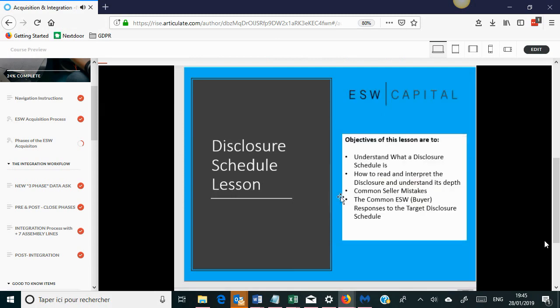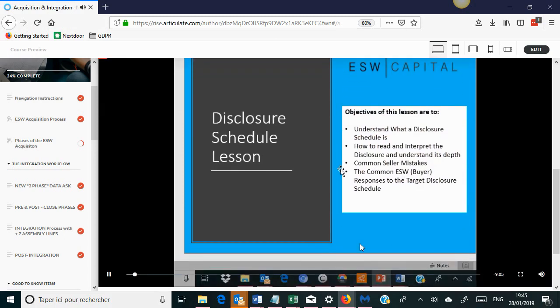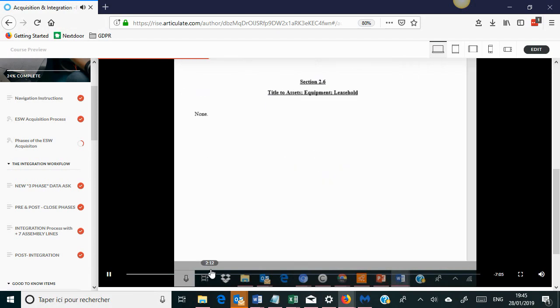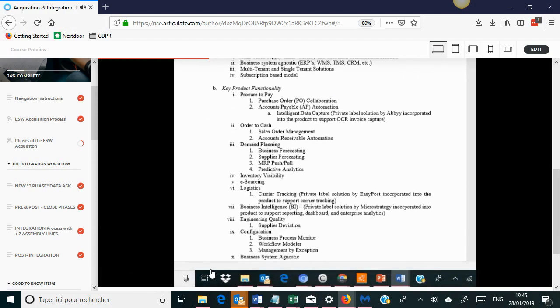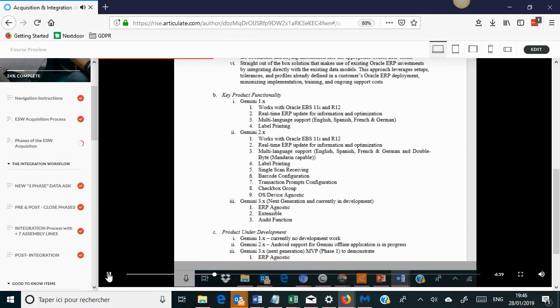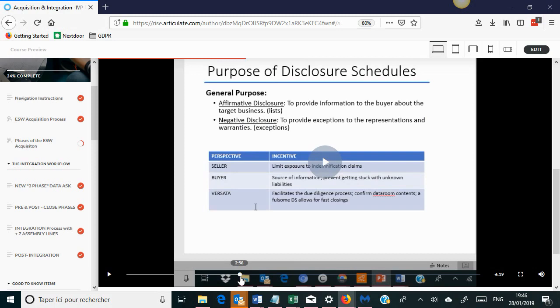This lesson is regarding this particular topic. So this is where you're going to be looking at. So here I'm talking about the IP, the intellectual property, everything that needs to be handled during the acquisition process. I know nowadays a lot of AI, artificial intelligence, is kind of taking this process over, but